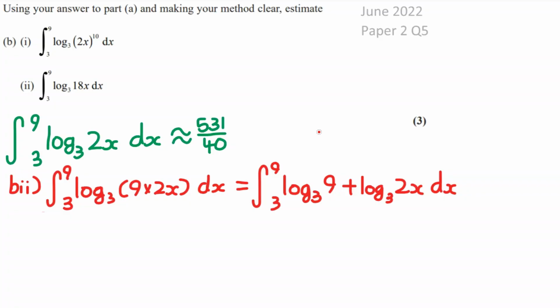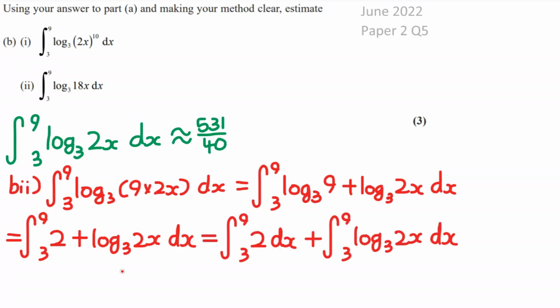And what's also nice about this method here is log base 3 of 9, if you figure it out or just put it into your calculator, simplifies down to 2. So therefore we have quite this nice thing here of this integral of 2 plus log base 3 of 2x. So what we can do, as we have two terms in this integral, we can split this up into two different integrals. So if we first focus on this integral between 3 and 9 of 2,